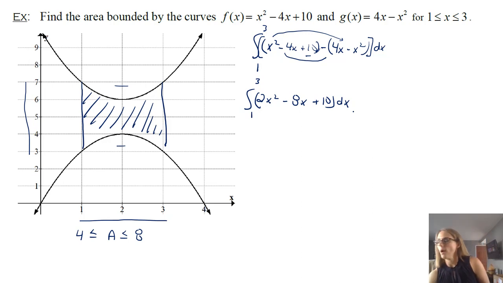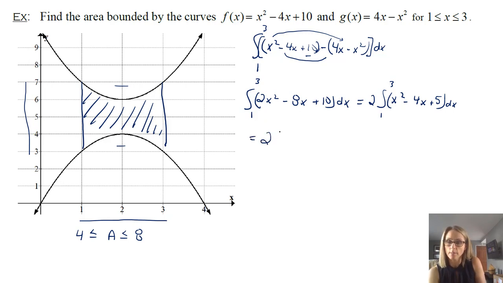Now, you could pull out the 2 if you wanted to. That would be no problem if you don't want to deal with such a big constant. Not that it's huge, but it would simplify what you have a little bit. If you're into that, that is your choice. Notice that this does not use any crazy integration methods. It is simply a quadratic that we just need to integrate. So I'm going to pull the 2 out, and then I'm going to write 1/3 x cubed, minus 2x squared plus 5.